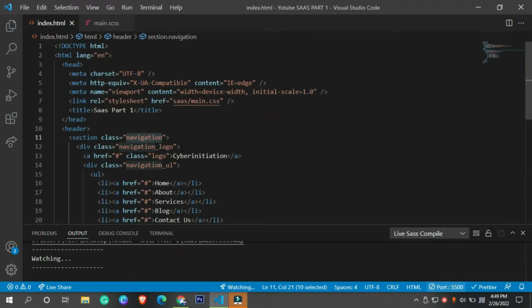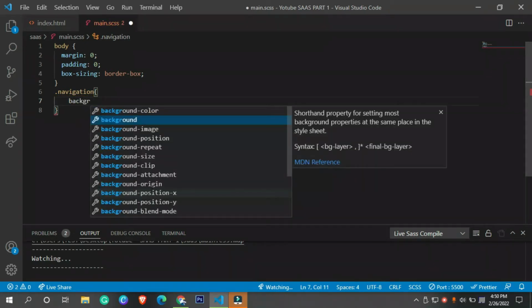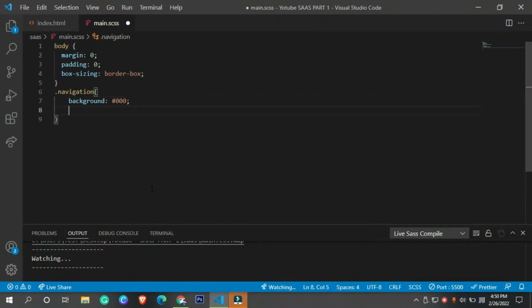So let's target the class of this particular section, the navigation bar. So let's say copy this navigation, and basically we need to follow the simple procedure. I want to change the background color, so the background must be #000.